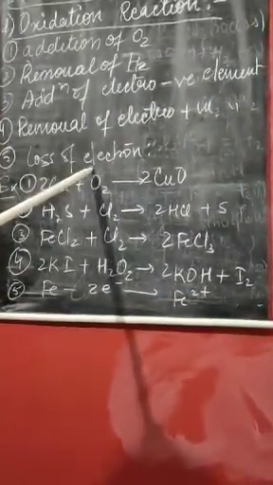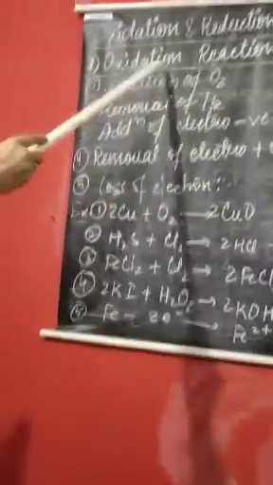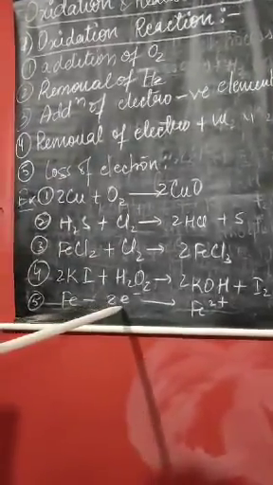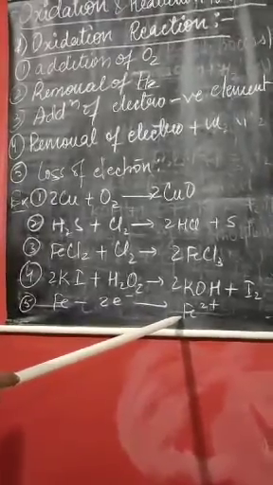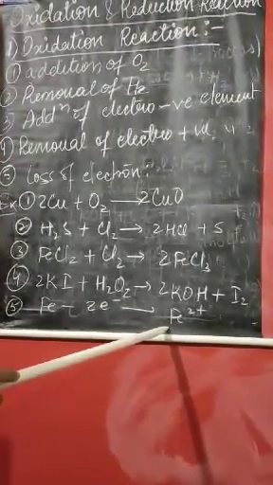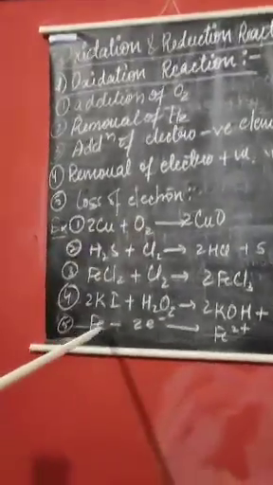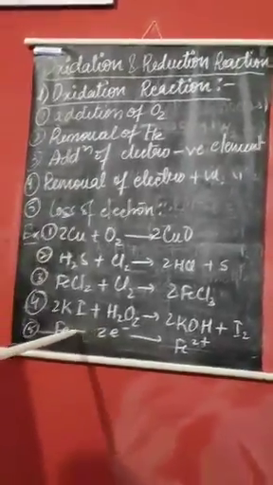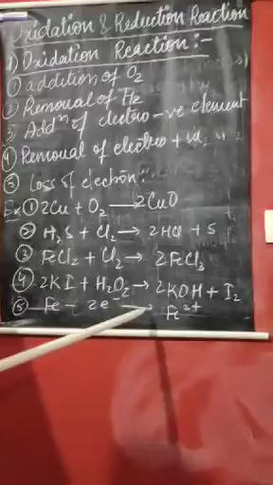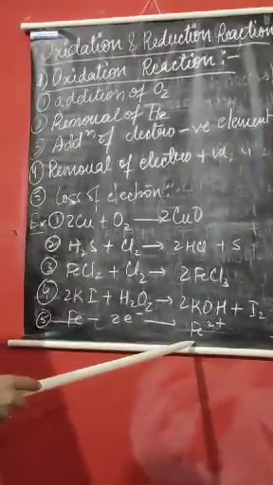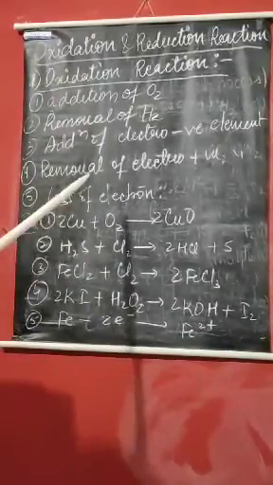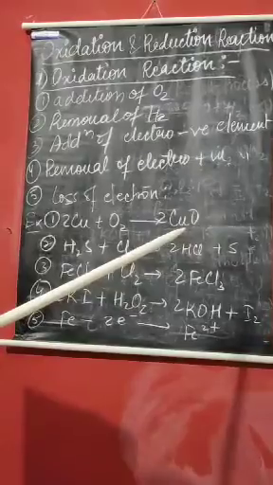And last one, which is loss of electron, this is an important case with the oxidation reaction. In any reaction, if you see there is loss of electron, see from iron, when we remove 2 electrons, iron gets Fe2 plus charge, means it is getting to a more stable condition. So whenever there is loss of electron, that case is referred to as oxidation reaction. You can also see if you remove 1 electron, there will be formation of iron plus 3. That is also a case of oxidation. And the donor of oxygen will be the oxidizing agent.